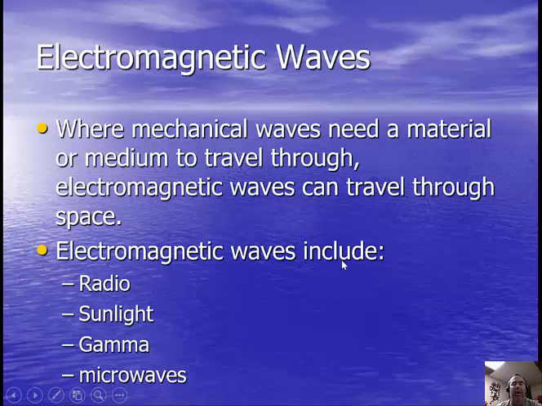So some examples of electromagnetic waves: sunlight. That's how we're getting our energy or heat from the sun. Radio waves, if you watch your favorite TV show or listen to your favorite radio station. Gamma rays, microwaves. I know we're used to microwaves as in popping popcorn, but technically microwaves are used in telecommunications. Those are some of the military satellites in space that are transferring information also. If you've ever broken a bone, X-rays are technically classified as electromagnetic waves.